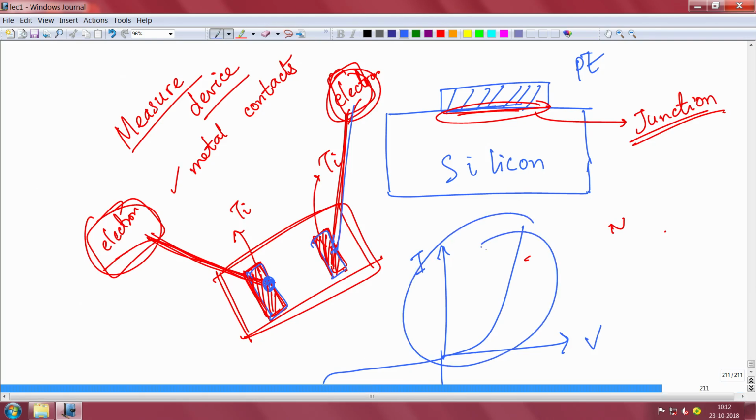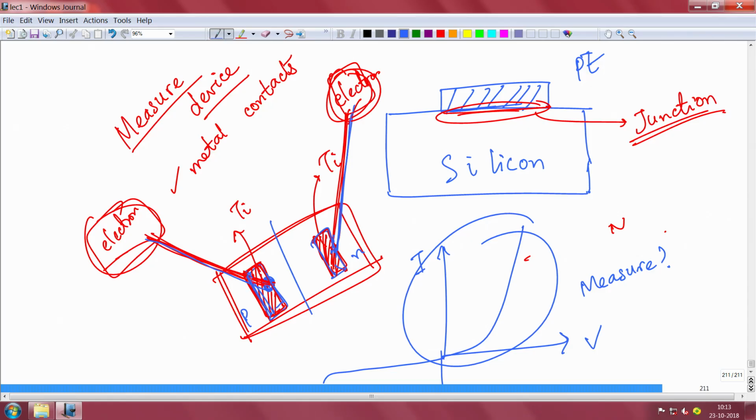How do you actually measure this? You measure this by, if you have a PN junction, for example, suppose this is the P side and this is the N side, you put a contact on the P side and a contact on the N side. You have to bring down probe tips like this, and only then you measure. You apply voltage, maybe you measure current, and so on, okay.